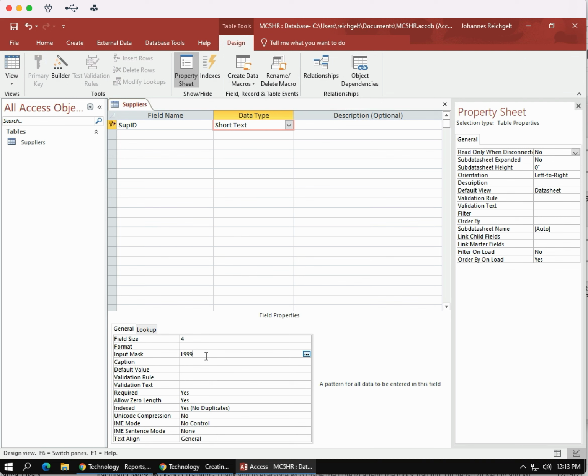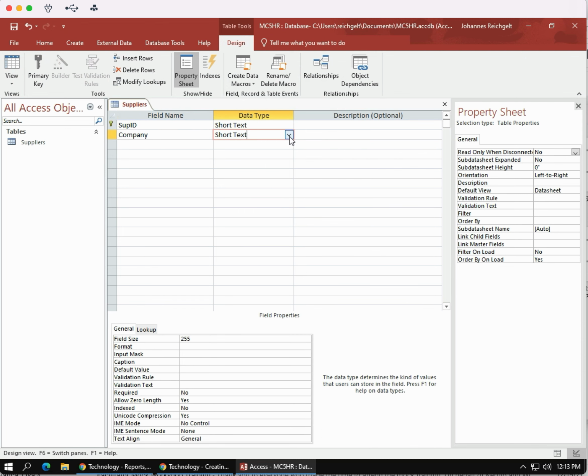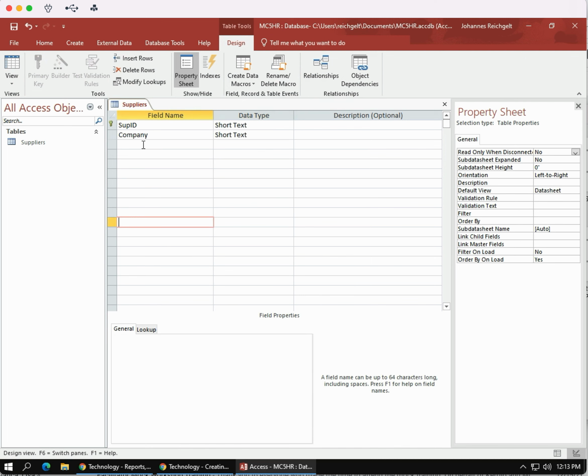We're now going to add a second field called Company, so we click here. And that will be a short text as well, but we'll make it 25 characters long. And the second thing we're going to do, you see the Required field. We're going to make this a required field. Okay, so now we have that one added as well. We're going to add